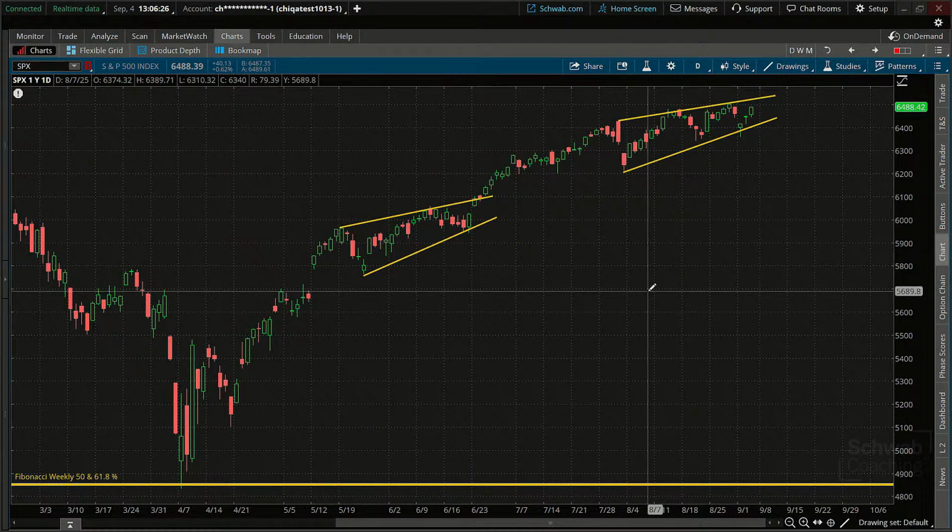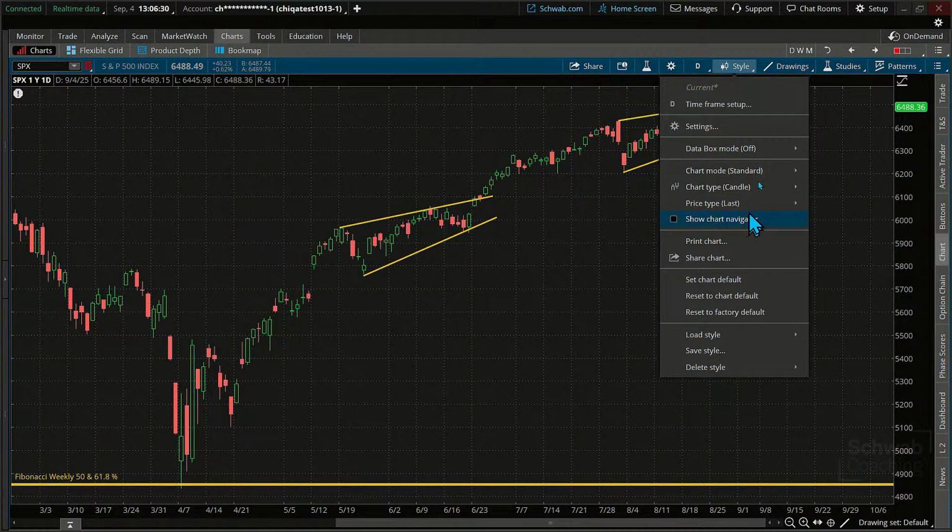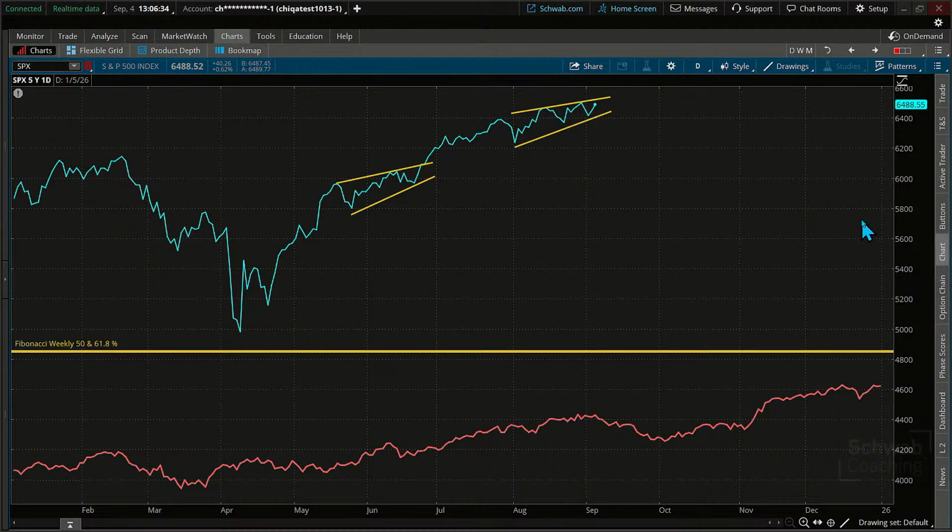Now, we're always balancing that off with different scenarios. And this time of the year, there's seasonality that oftentimes, not every time, it's just on average, though, comes into play. There's your seasonality for September. It tends to be one of the weaker months out there. I could go 5-year, folks. I could go 10. I could go 20. I could go further out, and you would see something very akin to a pullback in the market like this. Now, will we get it? We don't know. This is resistance until you break down below.